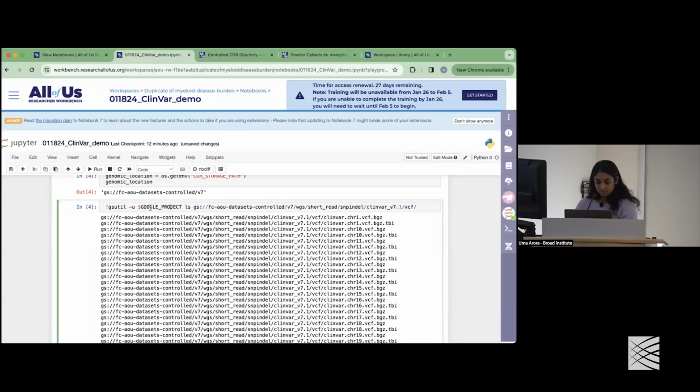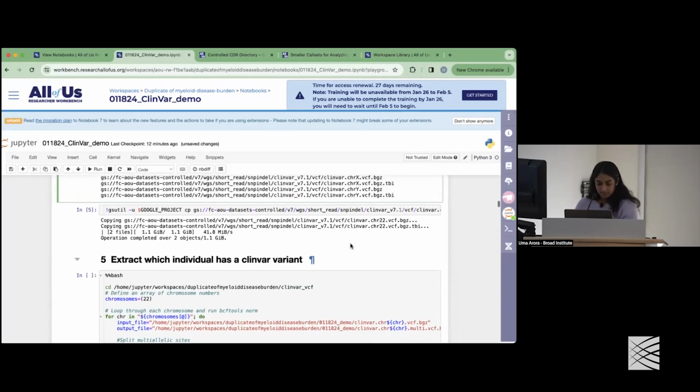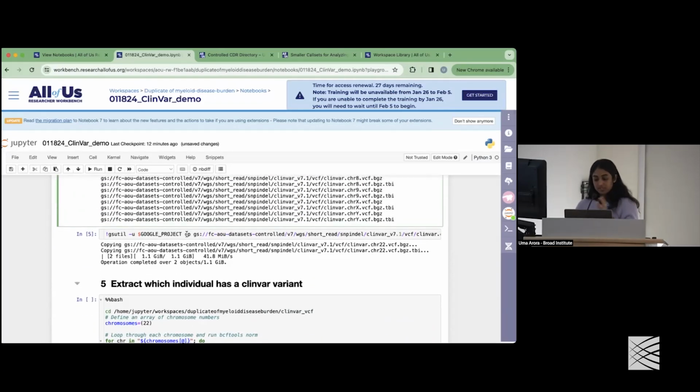Yeah, so essentially you can run gsutil ls to list all the files. So here's a list of all the clinvar VCF files, for example. For this case, what I did was I downloaded a VCF file from the Google Cloud bucket that All of Us provides to my persistent disk storage to